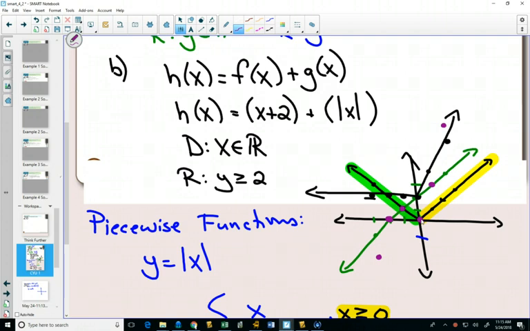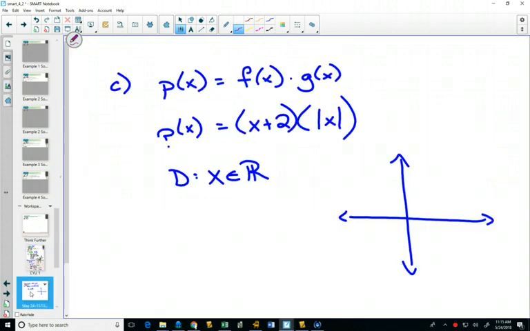And once I have those points, based on what I see here, you might draw this graph, which is pretty close to the right graph. We've just drawn a lot of points, and we joined those points, and that is very close to the right graph. Why it's not quite perfect, I'm going to show you using the piecewise notation. Okay? So if I do p of x in piecewise notation,